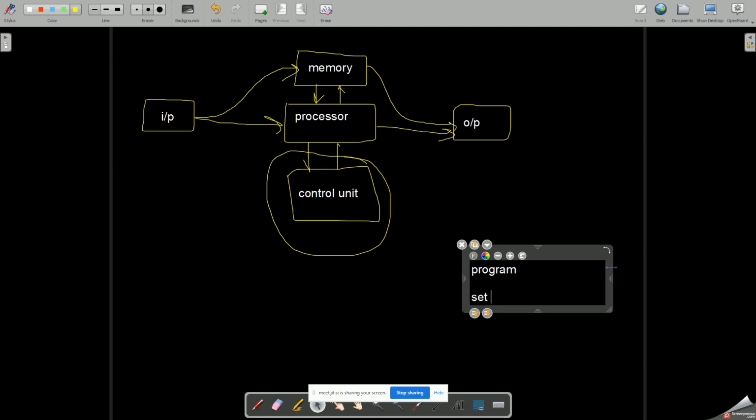What is a program? It is a set of instructions which we write to tell the computer what to do, when to do, how to do. So everything is told by us.